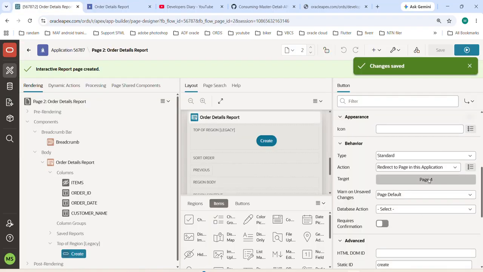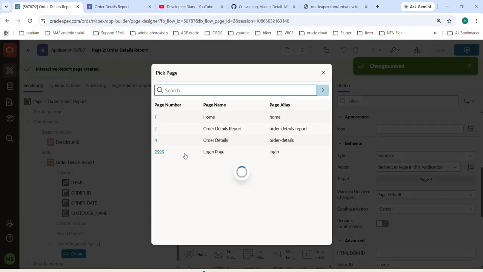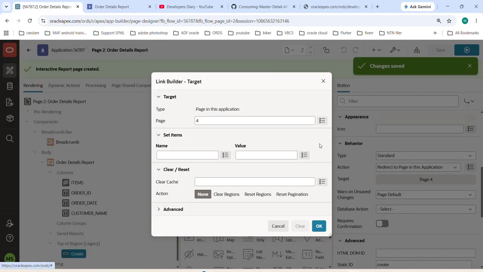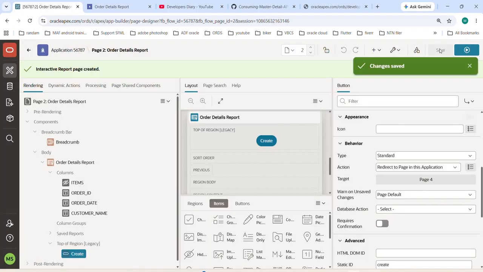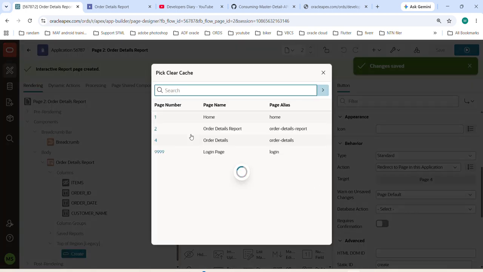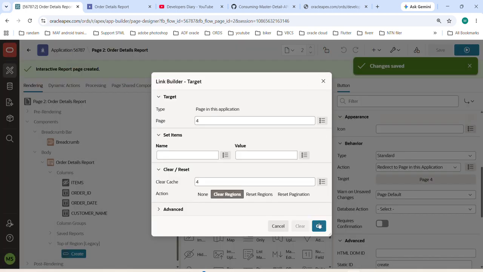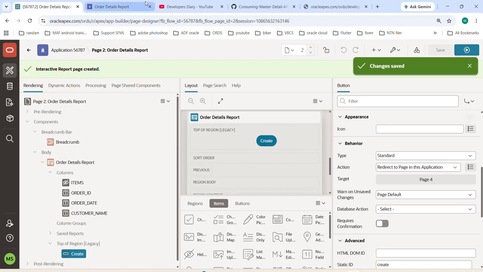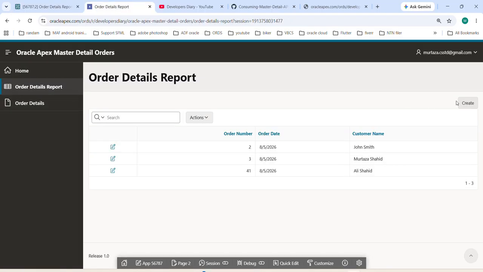I think I didn't save the changes here, and one thing that we have to do is clear the region, and we are going to use our page as well. So click Create